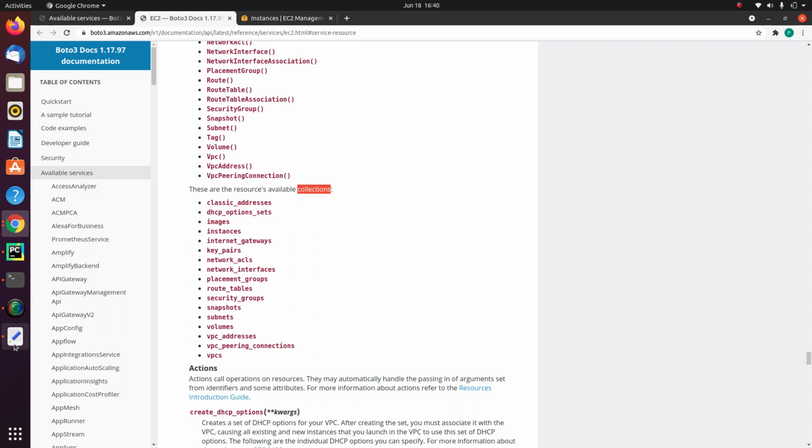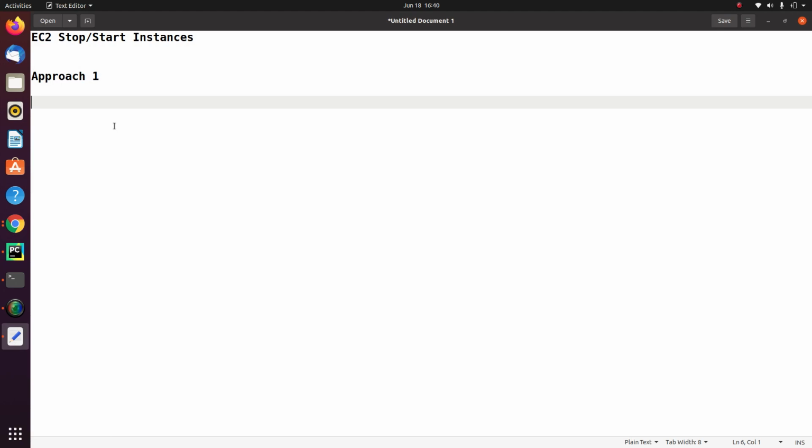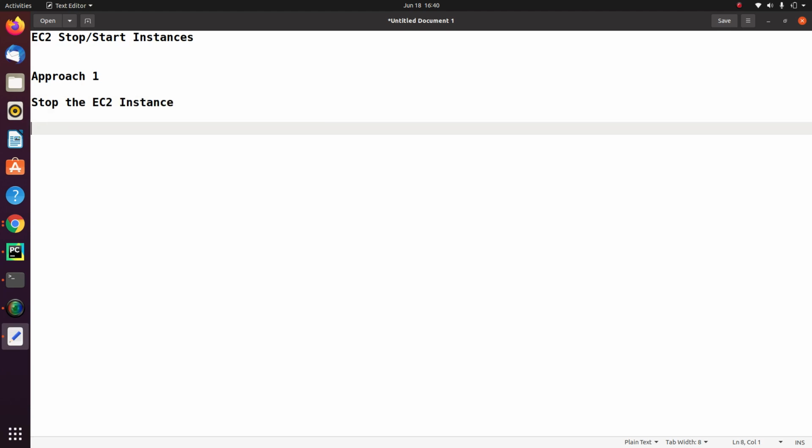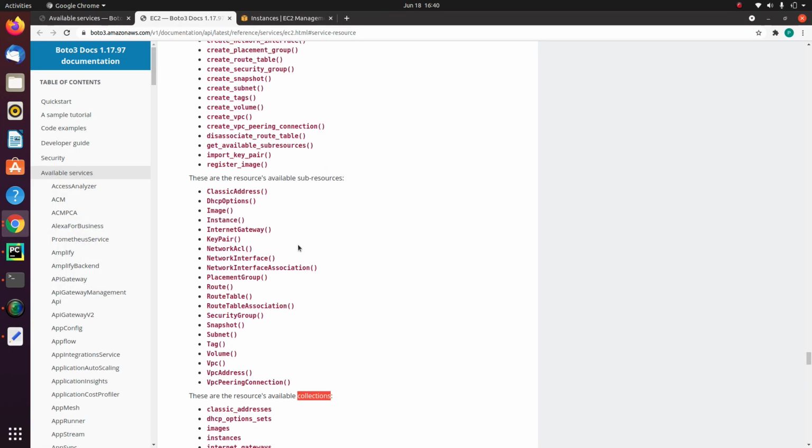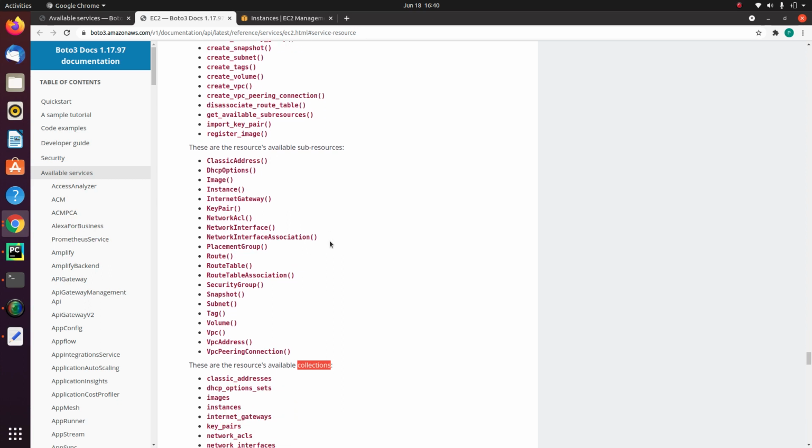So now again, coming back to our previous requirement, my requirement is to stop the EC2 instance, and the same way we can write the code for starting the EC2 instance. So let's first focus on stop, and then we will see how to do it for starting the EC2 instance. So if you go back here, I have mentioned that this sub resource is for